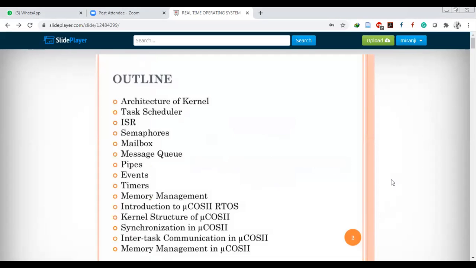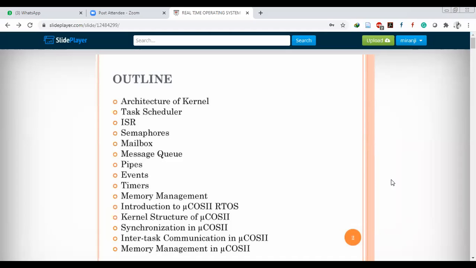First is the architecture of the kernel and its features, the remaining features of RTOS, the task scheduler and task scheduler functions, ISR (interrupt service routines), semaphores, mailboxes, message queues, pipes, events, timers, memory management, and the next one is introduction